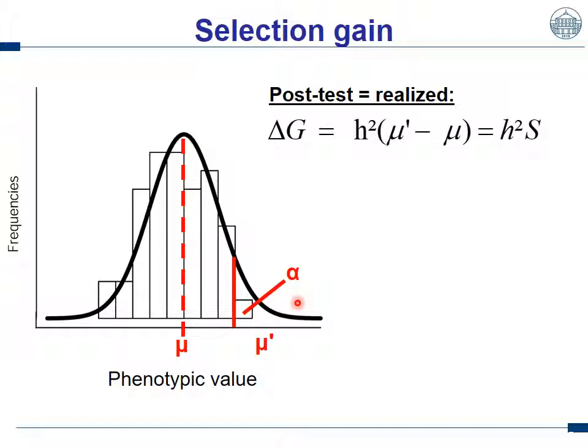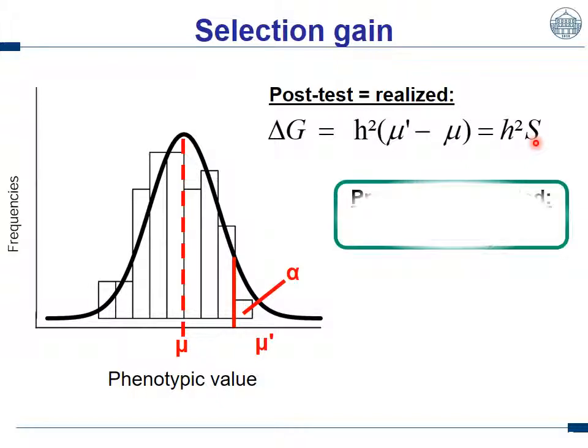Thus, the selection gain is at the end the difference between the mean of the selected population versus the mean of the entire population, multiplied by the heritability. And this difference, the mu of the selected fraction minus the total mu, is also called selection differential. However, this is post-test. That means we have phenotyped our genotypes, we have the data, and then we can assume it. But this is too late for me to estimate the value of a breeding progress. Thus, there is the pre-test